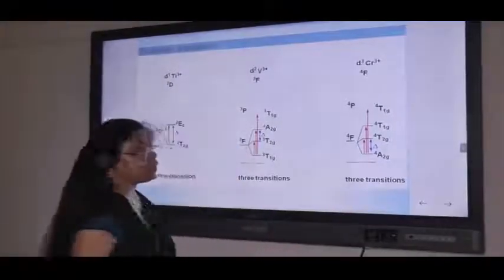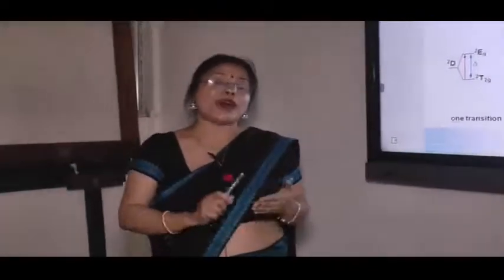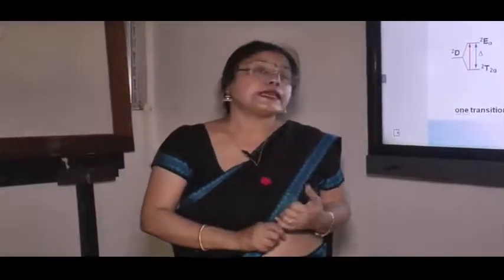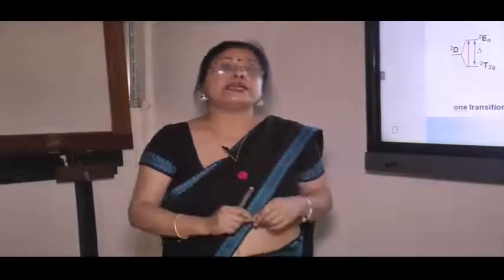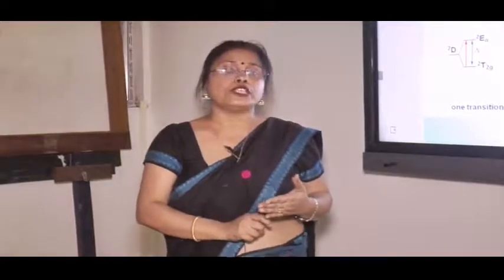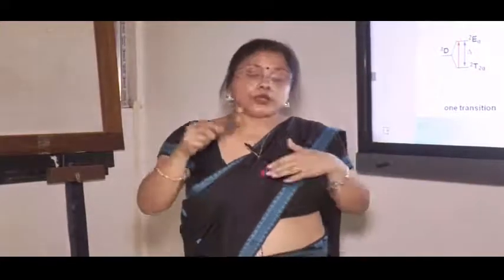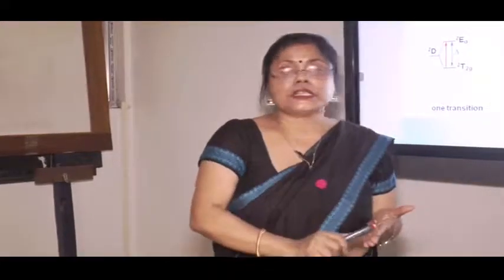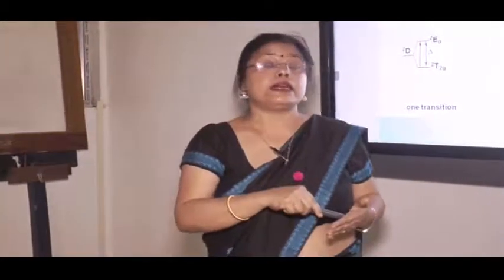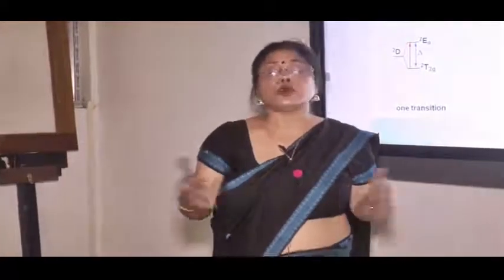So ultimately we can say that Orgel diagrams are at the basis to understand the color of a substance. We say all copper complexes are blue. Simply we can say that because copper with d9 electronic configuration in an octahedral field undergoes splitting. So in crystal field theory there will be t2g at the lower level, eg at the higher level, but the same d9 state of copper gives so many microstates and so many terms.